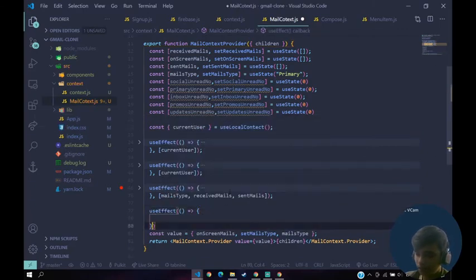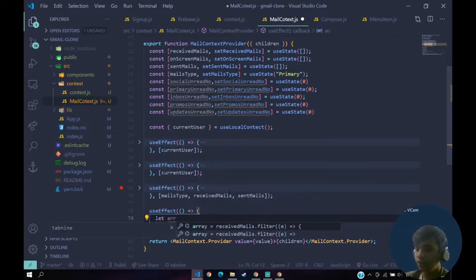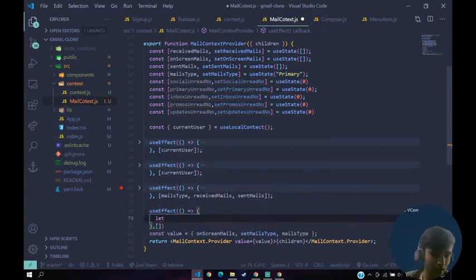Inside of this useEffect, first of all, we have to set a primary unread number, basically how many unread mails are primary. First of all, we have to filter the mails from the received mails. I'll tell you what I mean.